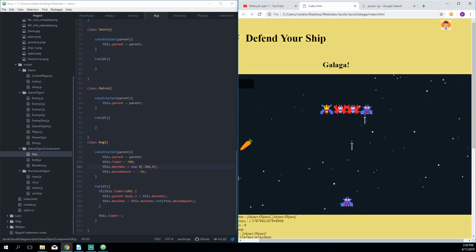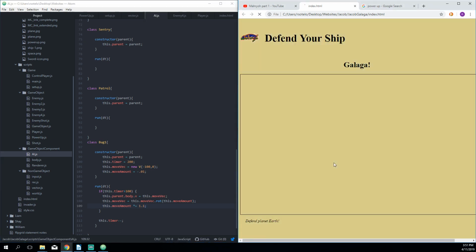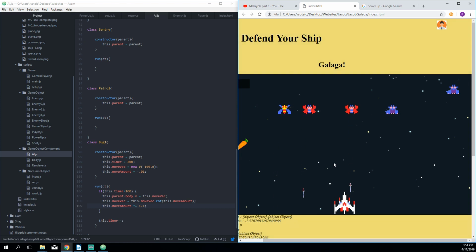But every time he runs this, we want to maybe multiply the move amount by, where is it? We'll multiply it by 1.1, a 10% increase in the rotation speed. This is too much. But that is kind of what I wanted. I wanted it to sort of go this way and then loop and then lock after 100. So